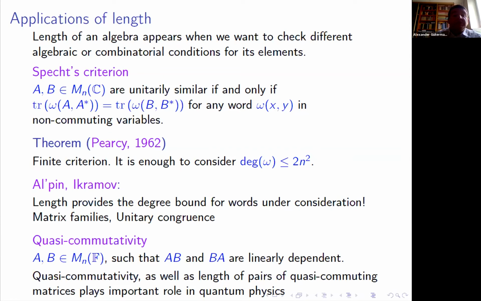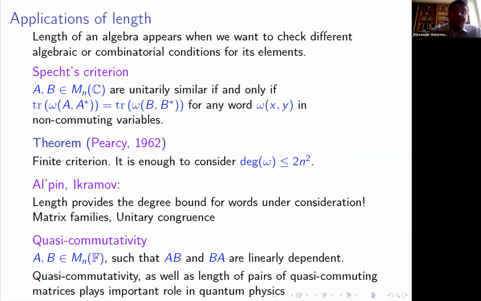It was Pearcy in 1962 who said, no, this is a finite criterion. Specht criterion is a finite criterion. So there is a particular degree bound here, and you need to check words only up to a certain value of degree. Later on, Alpin and Kramov